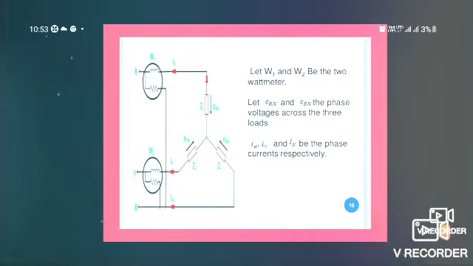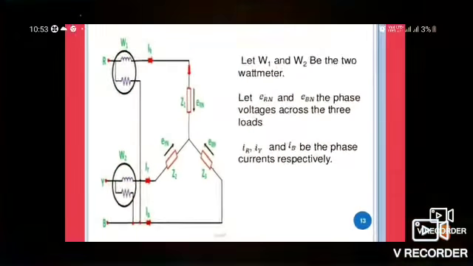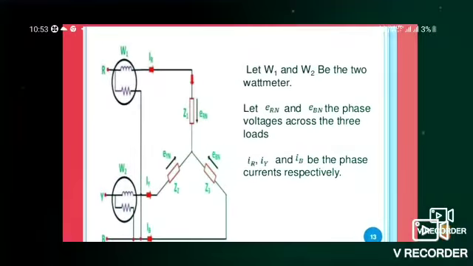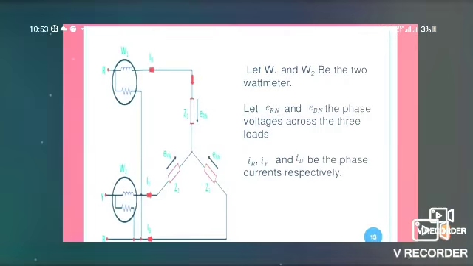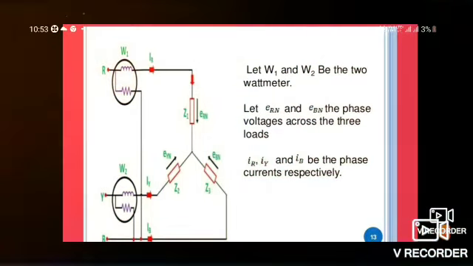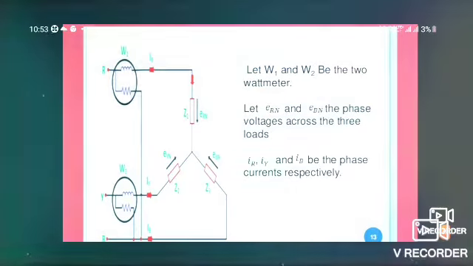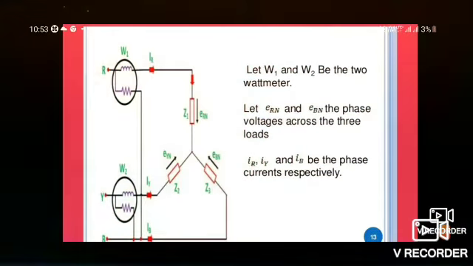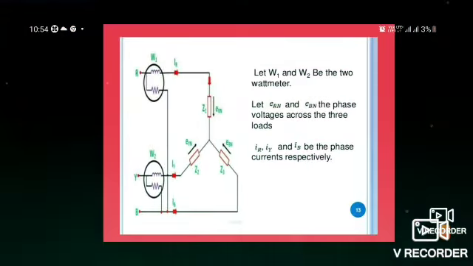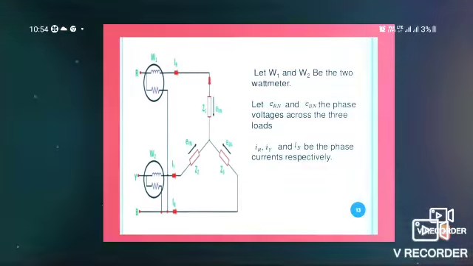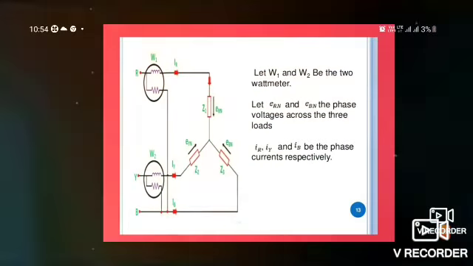It is the star connected load with two wattmeter connection. See the connection. Let W1 and W2 be the two wattmeters. Let ERN, EYN and EBN be the phase voltages across the three loads, and IR, IY and IB be the phase currents respectively. So it is a diagram for the two wattmeter method for star connection,